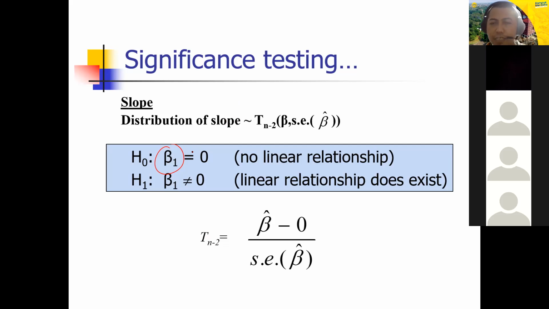In this case, since this is a probability, we need to specify how much the probability is, and then we need to test using hypothesis testing. And then how do we test what kind of distribution beta 1 has? Beta 1 has a distribution with degrees of freedom being 2.